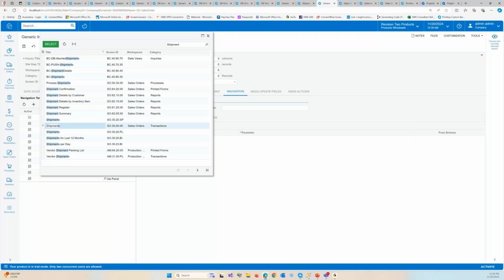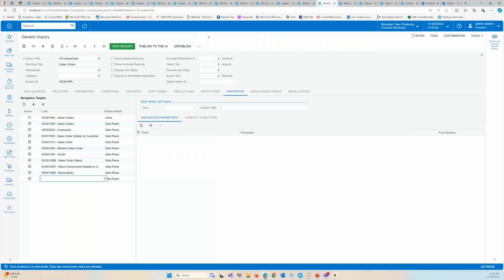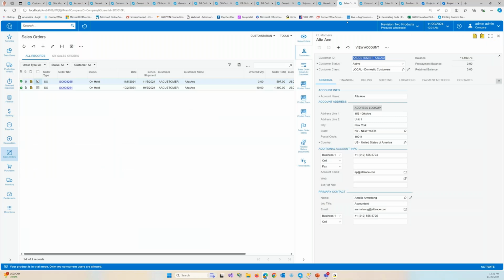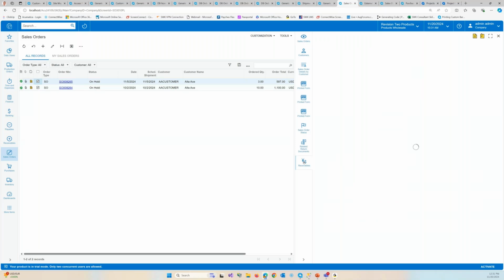The idea is to be able to find the important screens without leaving a particular primary list. So in this one, we've got our sales order, our blanket sales order. We've got actually the sales order, and then we've got the sales order printed report. We've got the blanket sales order printed report. We've got the quote, sales order status dashboard, and then our return documents. So all of this is in one place. And so when I come back here, I can see all of those things right here. Related returns, any receivables. This probably doesn't have receivables because it's on hold. I don't think it's actually run through, but we could